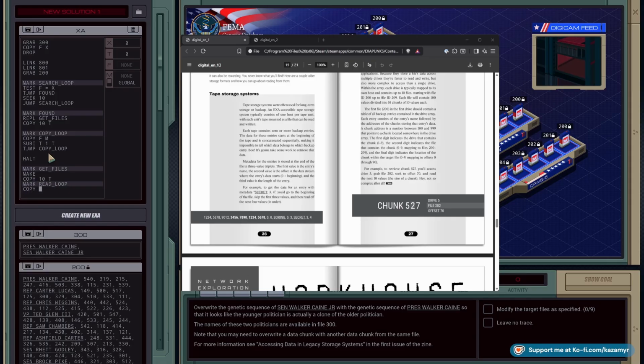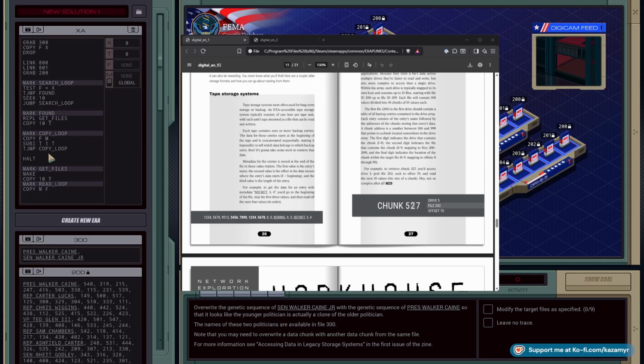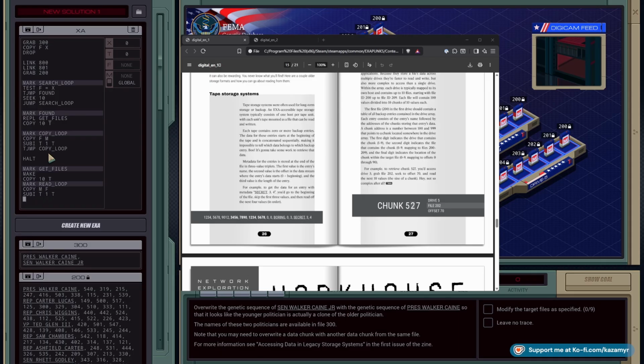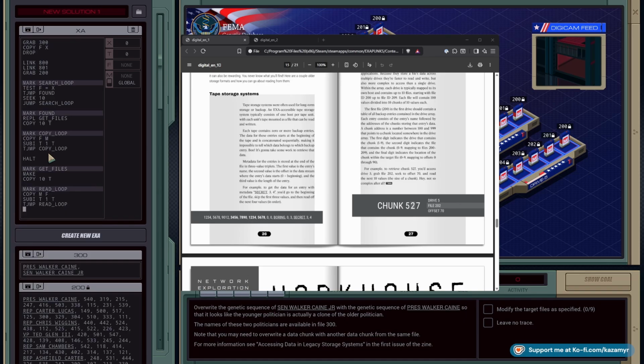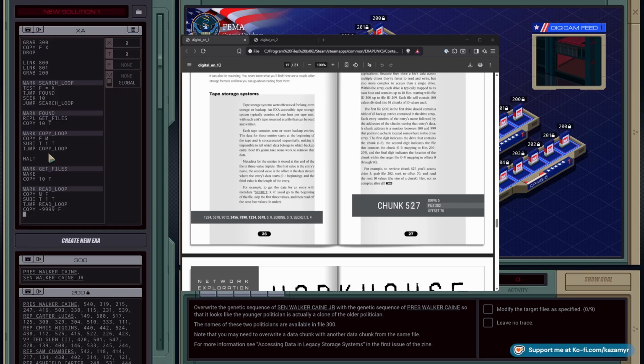We're going to copy F, M to F, and we're going to sub I T1T. We're going to T jump read loop. When we're done reading, we're going to put a block in, -999, copy -9999 to F. We're going to seek to the beginning of the file,